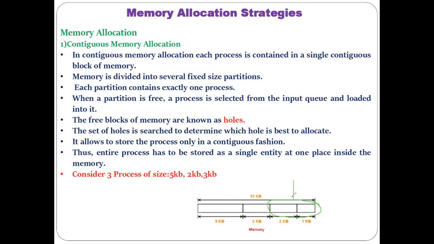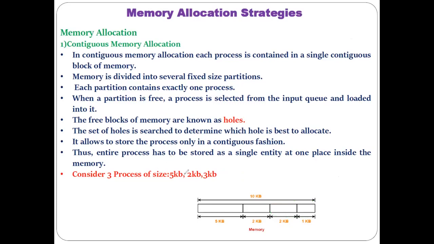Still the partitions and blocks of memory are available, but this process cannot be accommodated in them. Understood? That is one of the disadvantages of contiguous memory allocation that we are going to see in a further section of this concept. Okay, so that is the concept of contiguous memory allocation.